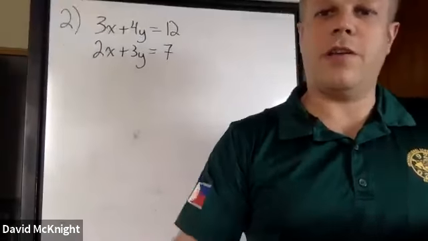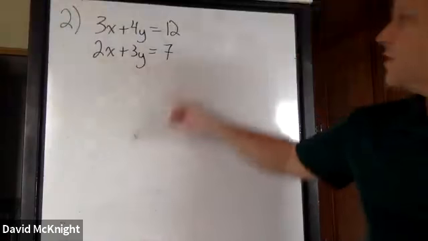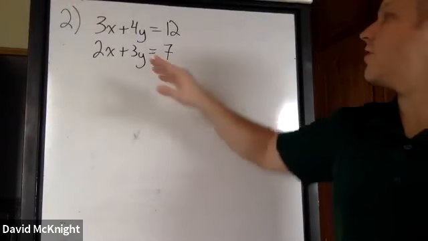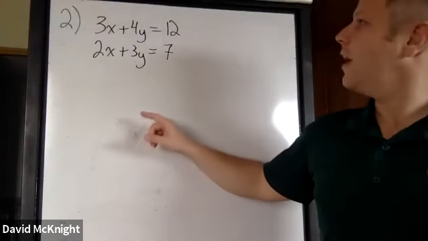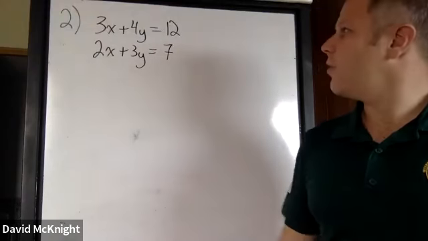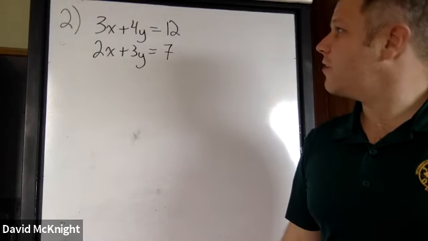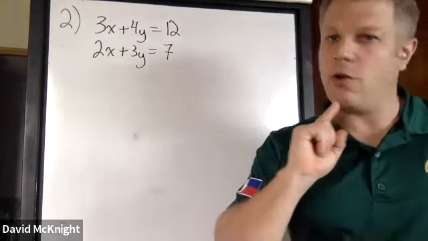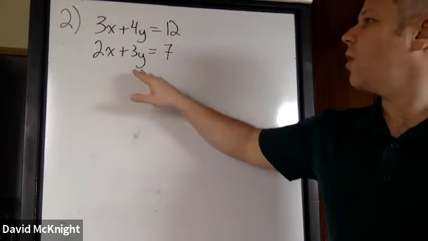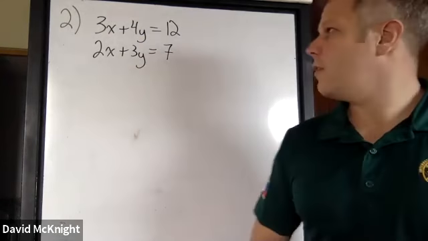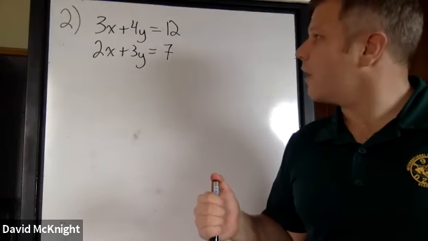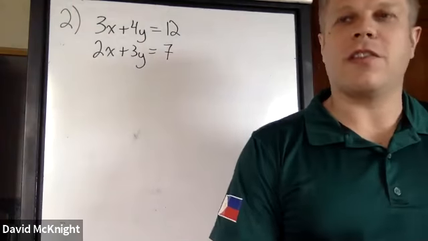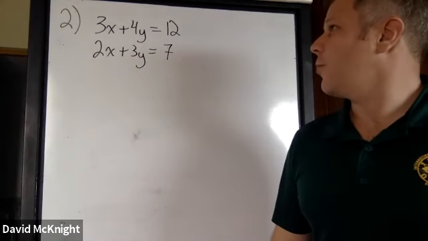All right, let's have a look at number 2. We can see a system of inequalities, or actually equations here. And so just looking at it right away, do we have any variables that are isolated or any variables with a coefficient of 1? Quick answer is no. So probably we're going to need to use the elimination method here. We could use graphing, as we could always use graphing, but obviously that's not a very practical way of solving